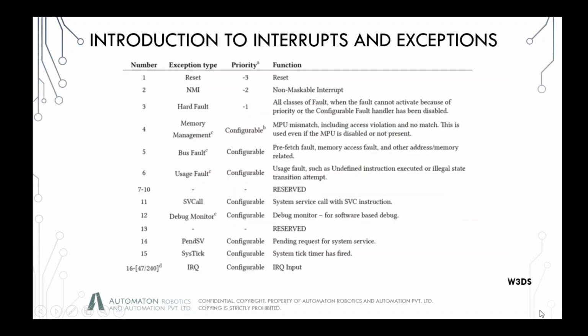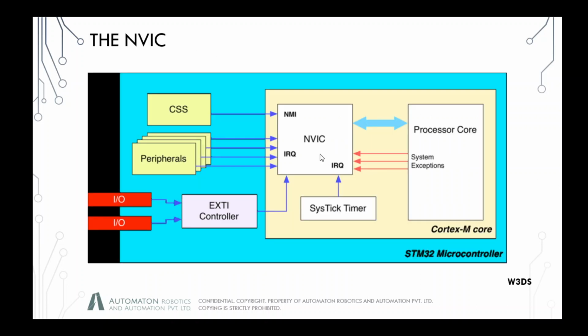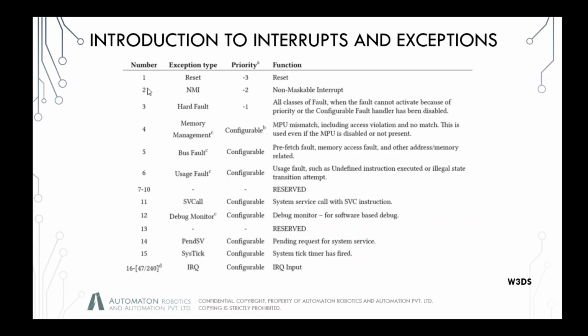So interrupts, as one of you just mentioned, is a way of stopping or pausing basically your execution of the main code, and then you are going to execute a different code segment. In some cases, you call that routine, and once that routine is completed, you can switch on to your primary task. So ARM Cortex M has a very powerful interrupt management unit, and that is basically called a nested vector interrupt controller. And this nested vector interrupt controller is basically a system of hierarchy of your vector interrupts or your interrupts, which are then vectorized into the particular values or the priority value that they hold.